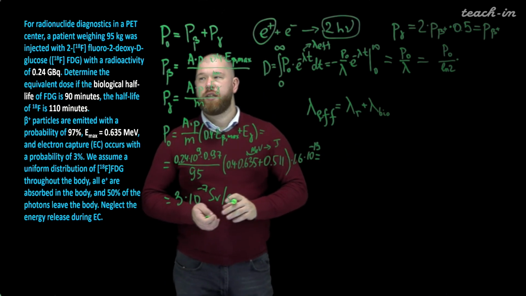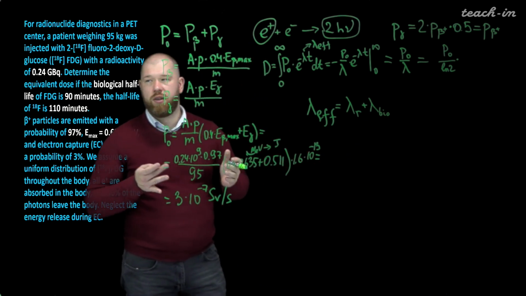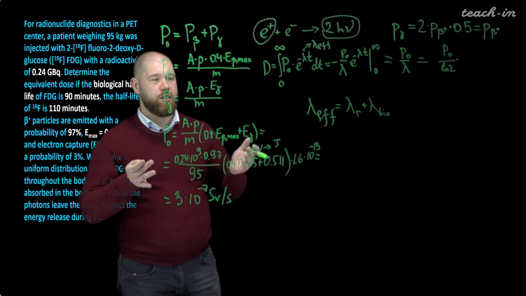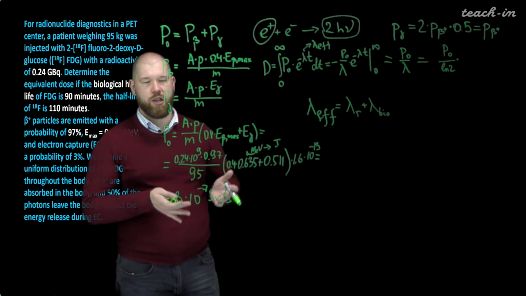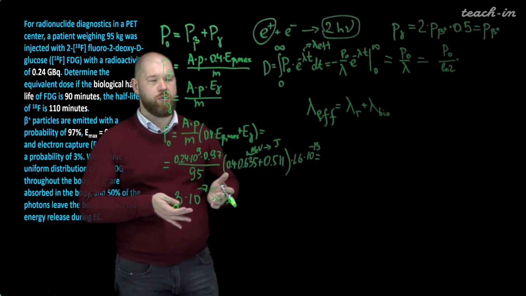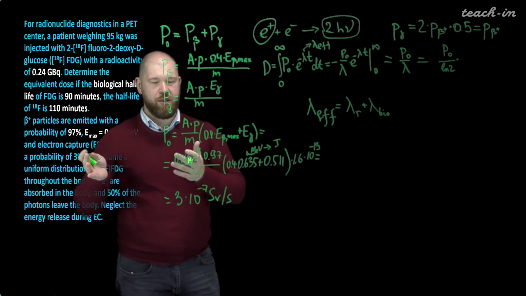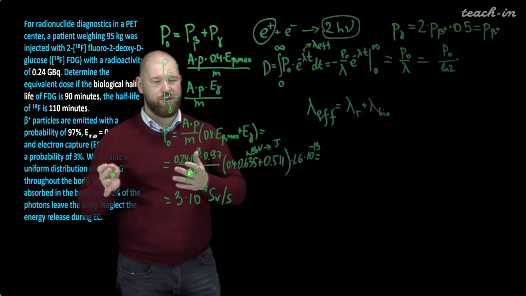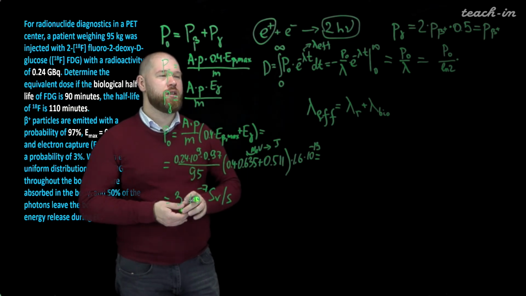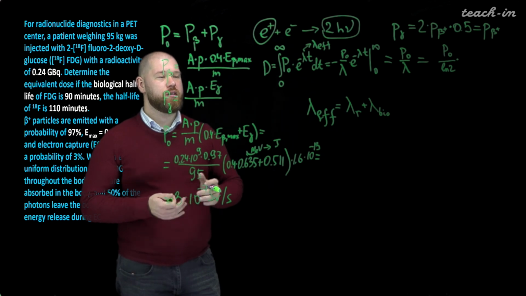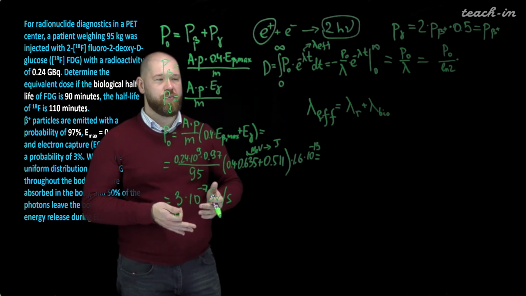So that means that due to the radioactive decay in combination with the biological release of our compound, the reduction of the activity of our radionuclide in the human body is faster than